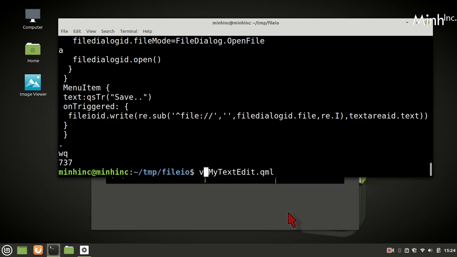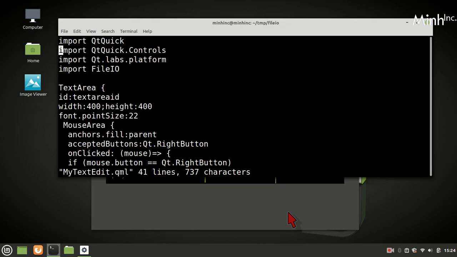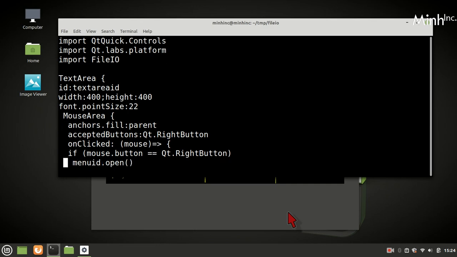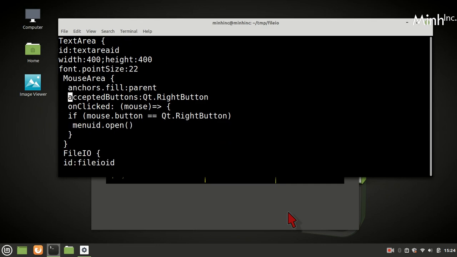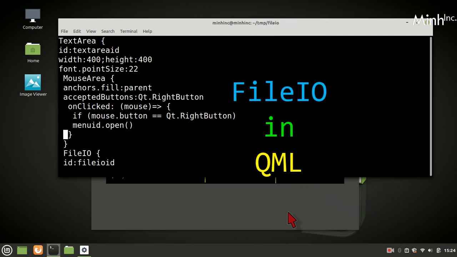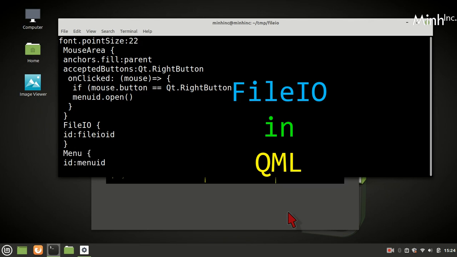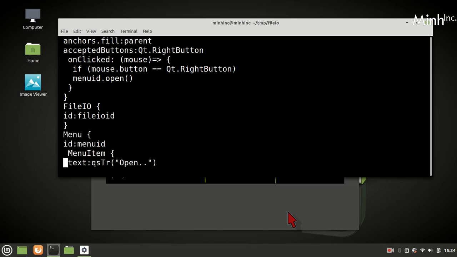Now we have text area and mouse area in that. So if someone right clicks, then it would call menu.open. Now we have file IO that we'll see, we have to implement it.